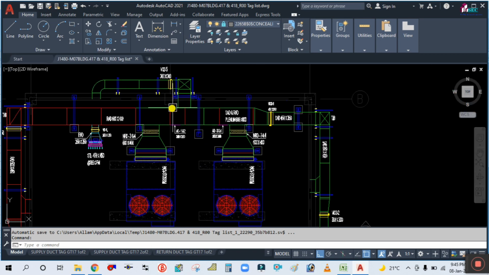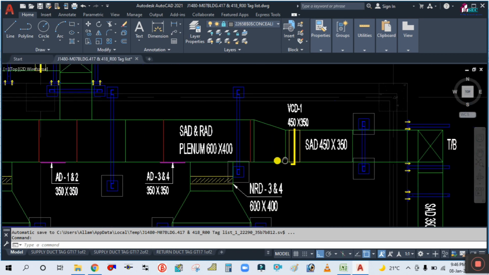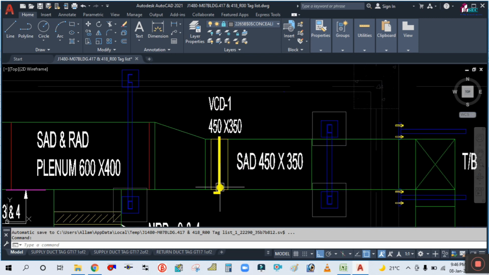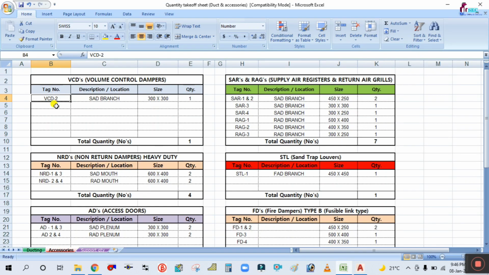Here, so this is the VCD1. The size of the VCD is 450 by 350 because the duct size is 450 by 350. What you will do, you have to tag and give the tag number also for this. I tagged it already. So VCD1 450 by 350. You have to simply write here